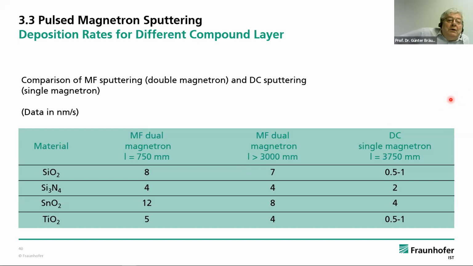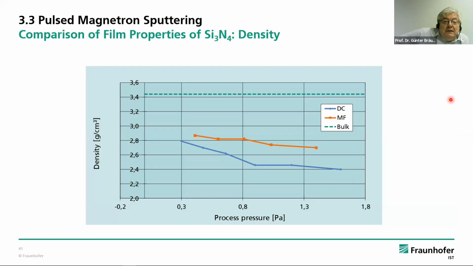So we looked at film properties. Next, please. And we were again very much surprised because we had much better film properties in the MF case than in the DC case. And we didn't understand this in the beginning, but later on, we had a colleague here, Bernd Szyszka, and he was the first who measured ion densities and ion flux at the substrate for these MF processes. And of course,